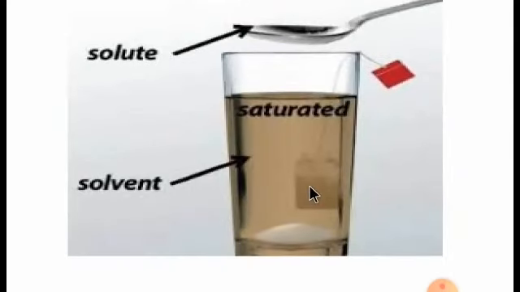That is, if you add a tablespoon of sugar in a glass of water, it dissolves. You will be getting a sugar solution, right? If you add 2 more spoons of sugar, that also dissolves. If you keep on adding sugar, we can observe some grains of sugar at the bottom of the solution. This point is called the saturation point and this solution is called a saturated solution.